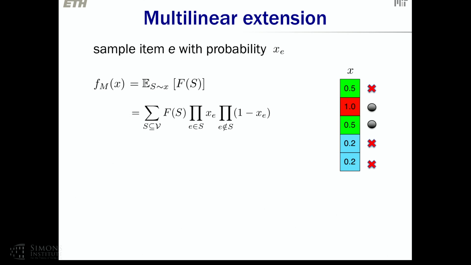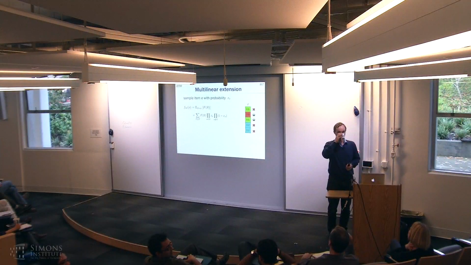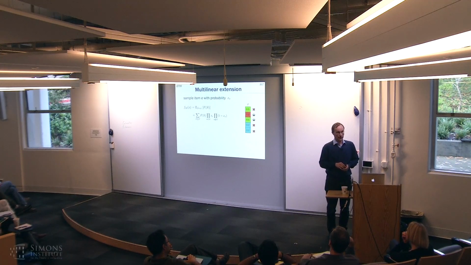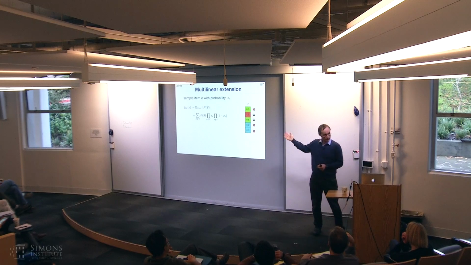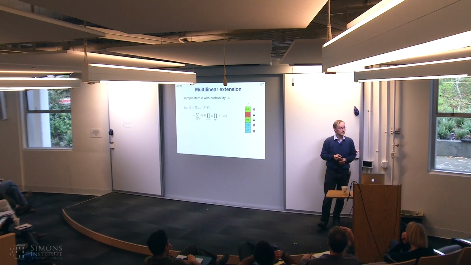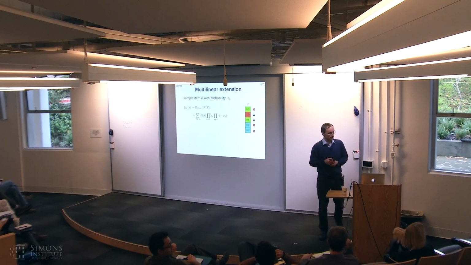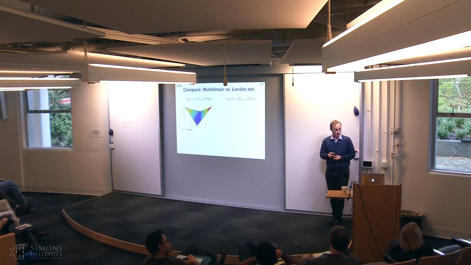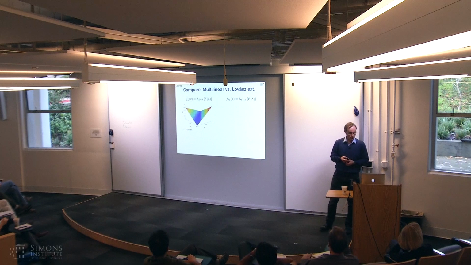So again, for Lovász extension, you do the same process except you do a threshold. Yeah, exactly. And here you just do independent. So Lovász extension is some sort of dependent randomization. This is an independent randomization. I mean, thresholding is just a way to couple them to the same. Exactly. Okay, and so now just as a picture, here's the Lovász extension, which is always convex,